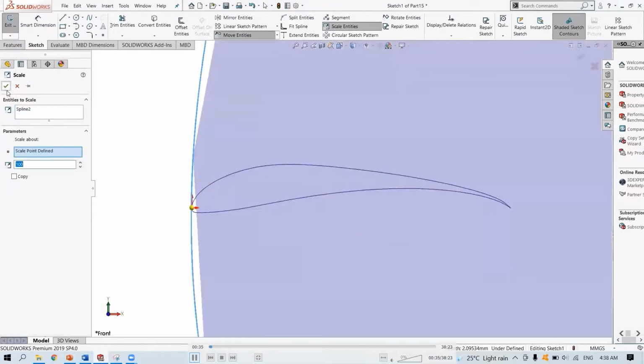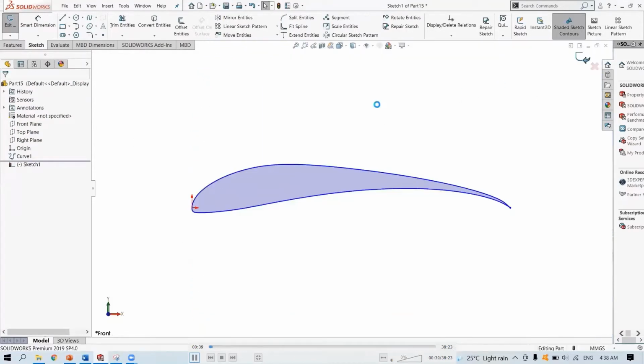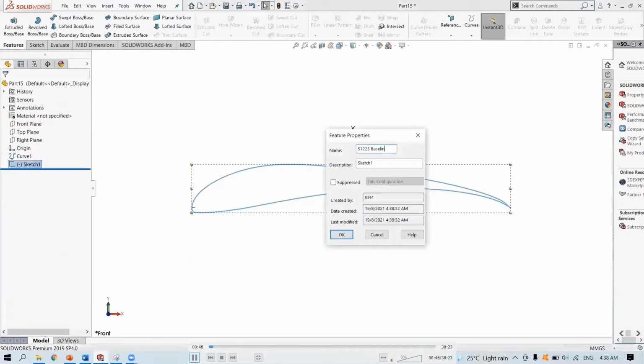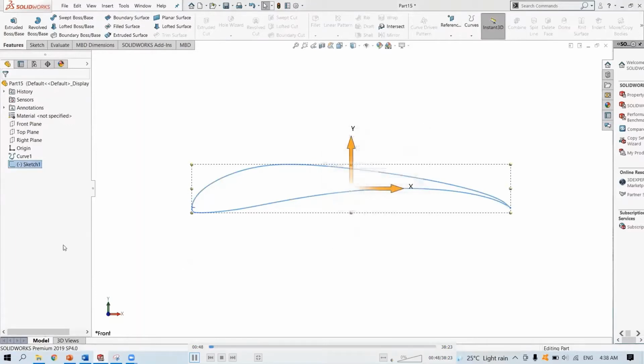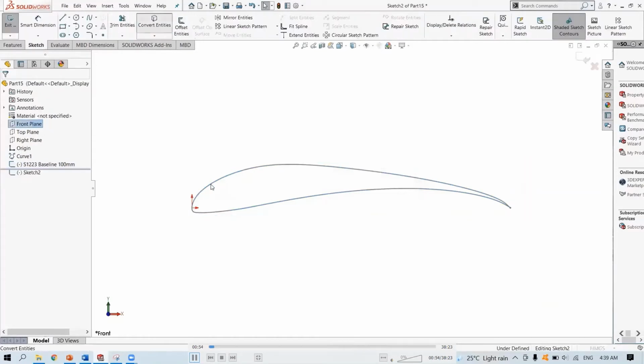I've chosen 100 and okay. Exit the sketch. Just rename it. Okay, I'm going to hide the curve. Convert entities again.